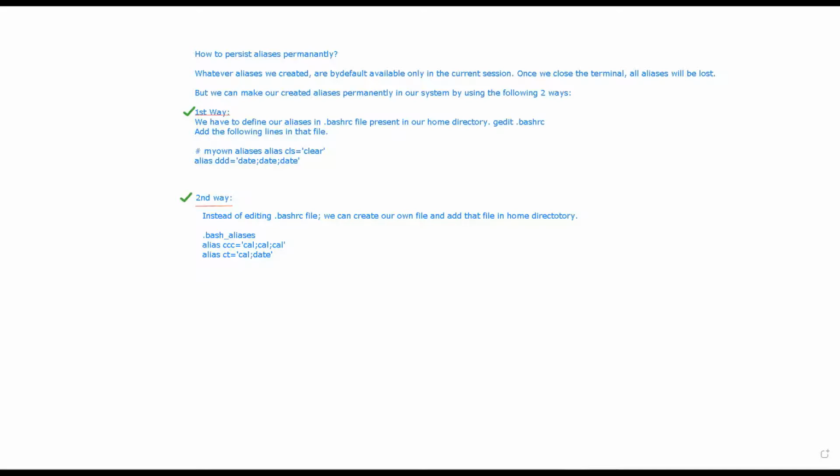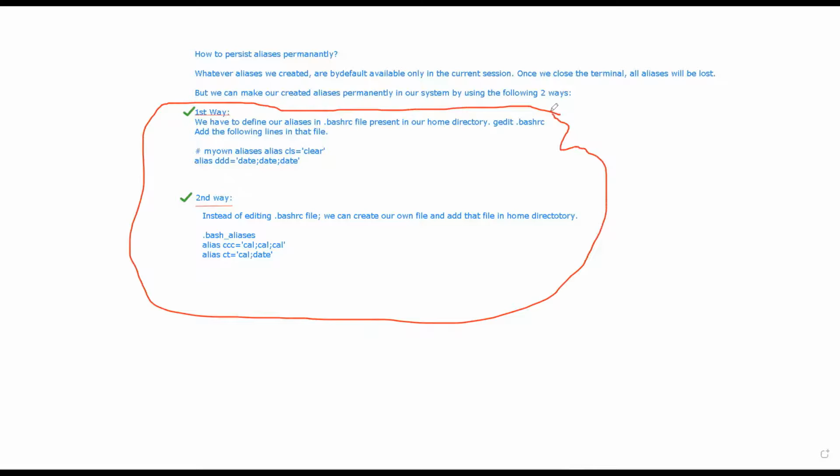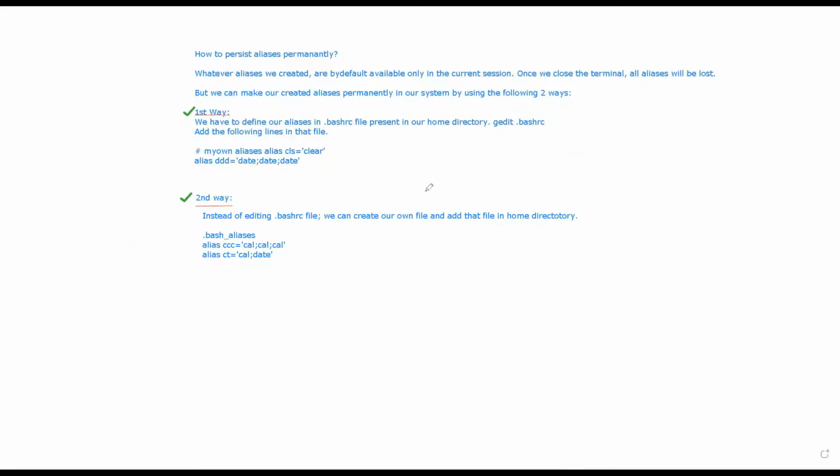So in both ways, if you have created aliases, first of all close the terminal and open it again, then only will these aliases be available in the new session. So once you create them, make sure that you close and open the terminal. Okay, so that concludes the alias creation.